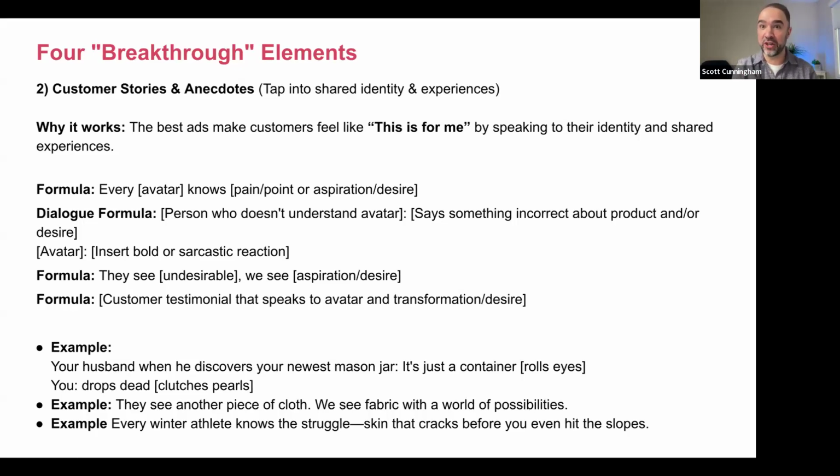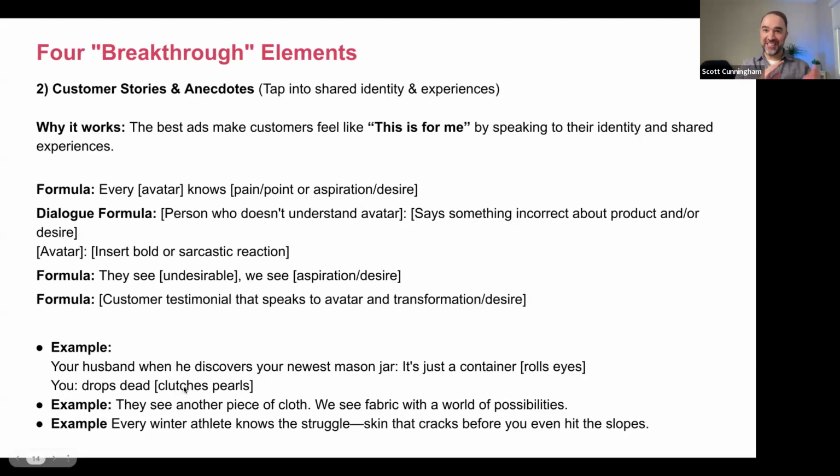She's like the mason jar queen of Vancouver. Okay, so in this example, we created a dialogue between the customer talking to somebody else. So the dialogue says, right here, this is the opening headline: Your husband, when he discovers your newest mason jar, it's just a container. Rolls eyes. You, drops dead, clutches pearls.